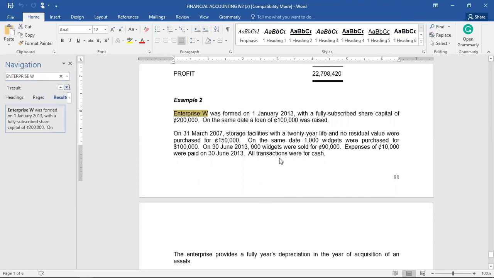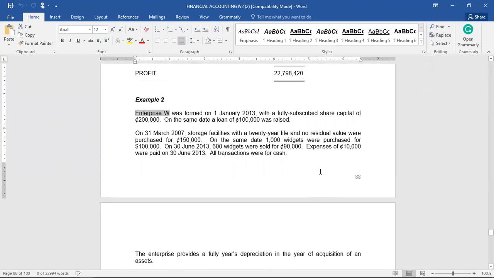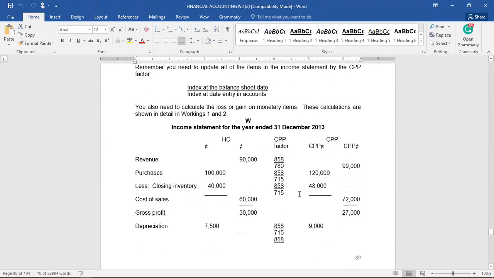Yes, so this question we solved it in class, and then there is one in the past question where you were being told that the interest on the loan, this loan that was taken, is 10%. And then I was explaining that you should know that the loan is 100,000. So the interest on the loan is how much? 10,000.